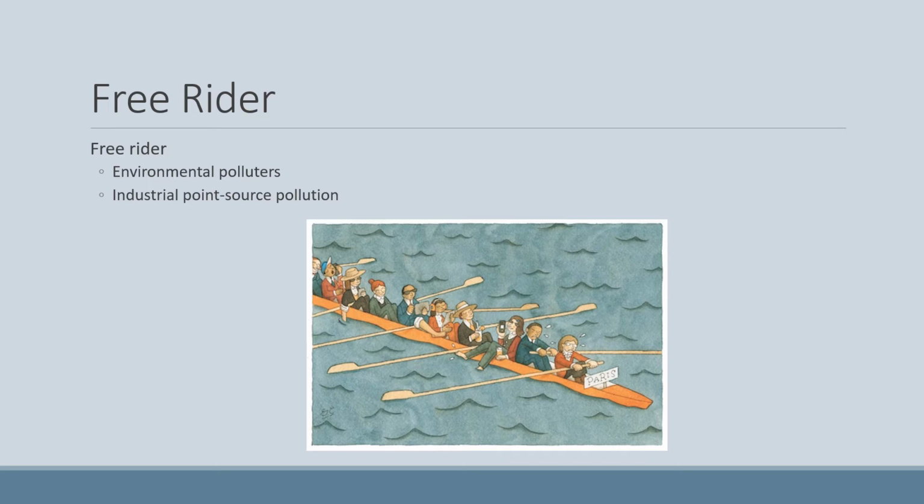Okay, where we see a lot of free rider problems is industrial point source pollution. So point source pollution, and we'll get to this in detail later, but just so we have enough knowledge to understand this fully, is where we can see the pollution occurring. And so I always give the example, and I think it's still fairly relevant. Email me if it's not. When you think back to the Simpsons opening, right, they have that little pipe that comes out when you see the three-eyed fish. That would be a point source. We can go in and see exactly where that pollution is coming from, okay?